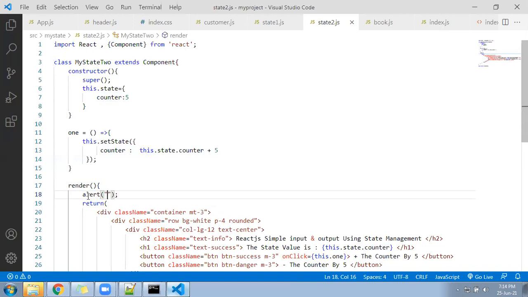Keep here the alert "render is here". Write this, and after that, go to the browser.